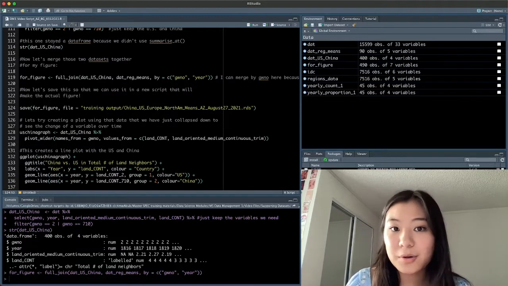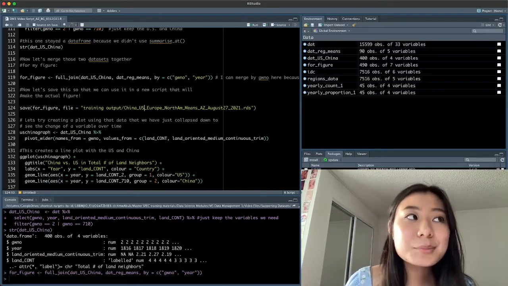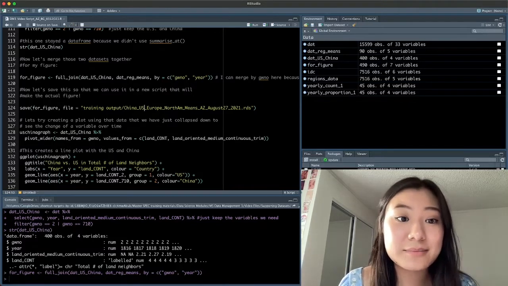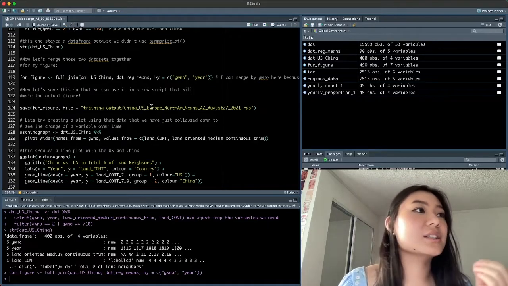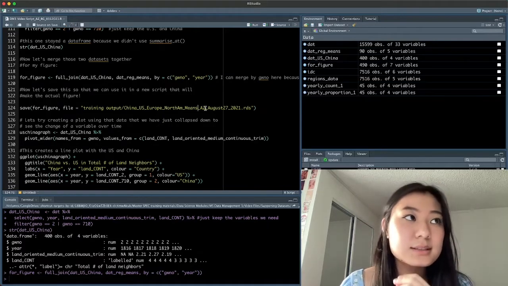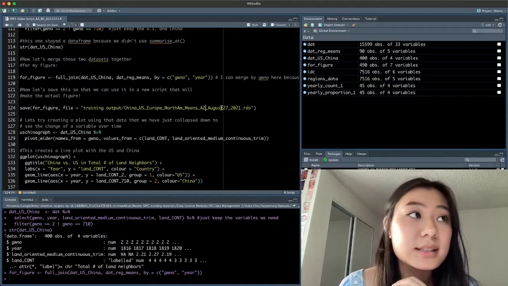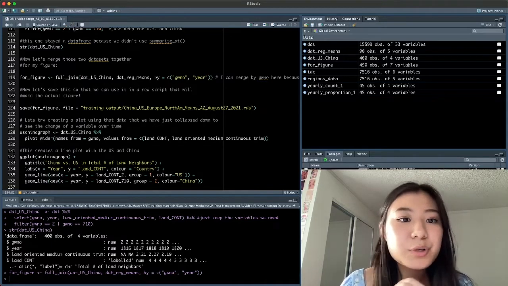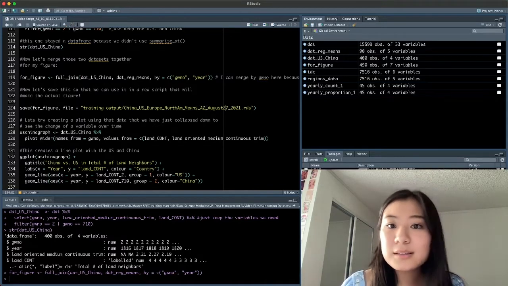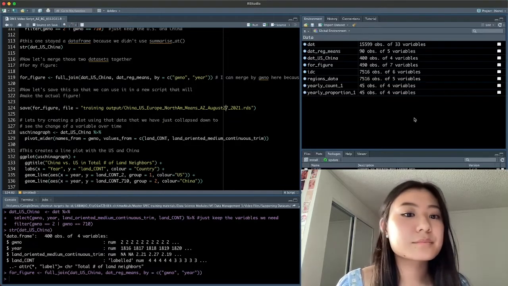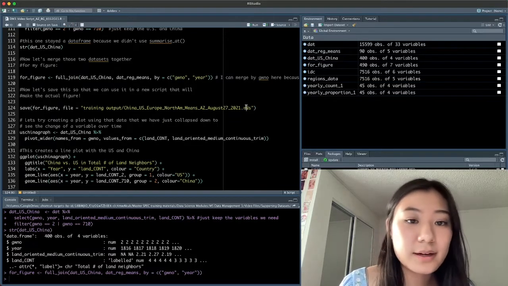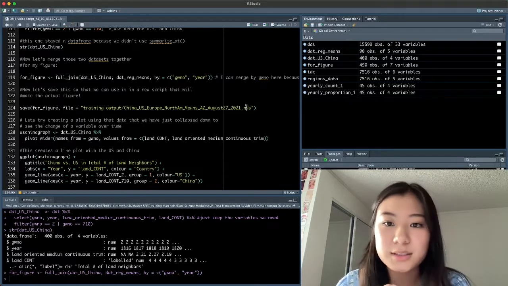Per our videos about organization for collaboration, I want to be really detailed in this file name. So China, US, Europe, North America, means, and then my initials, and then the date. That's pretty much as much detail as I can provide in a reasonable length file name. And I'm saving this as an RDS file because it's just a single data frame.